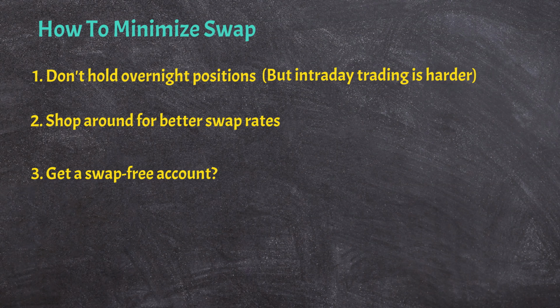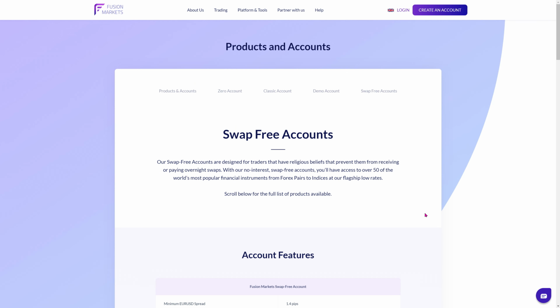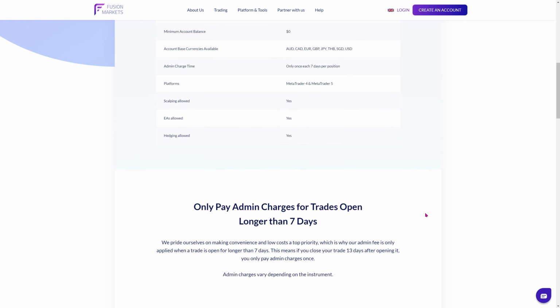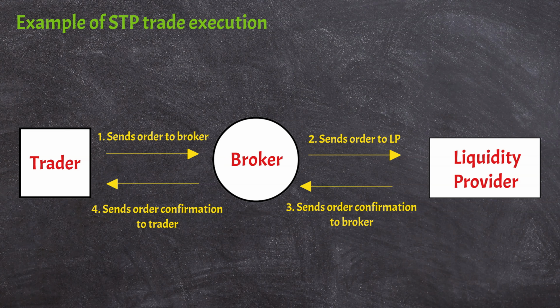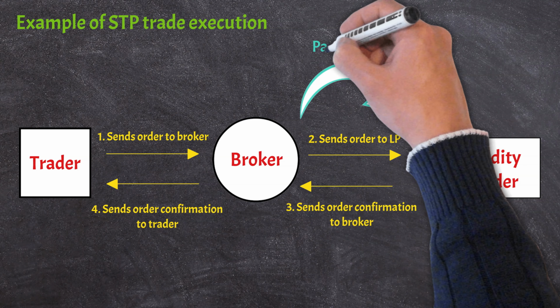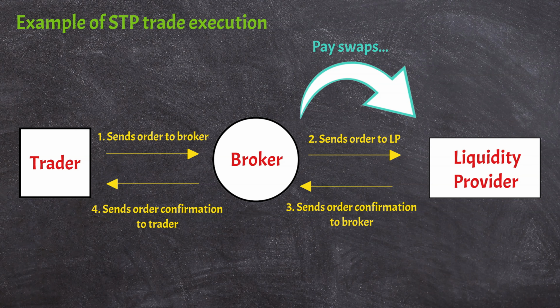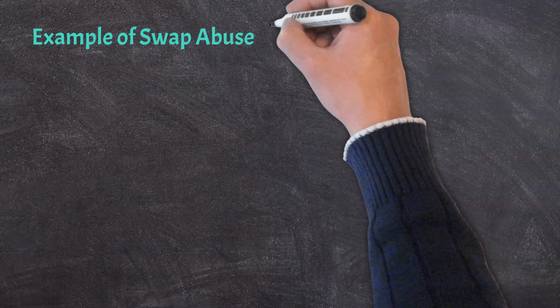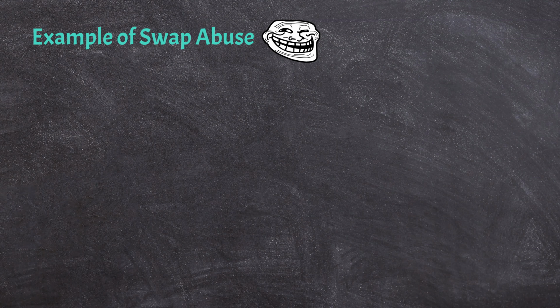Some brokers offer Islamic or swap-free accounts, meaning you will not pay or receive swaps. In return, you will likely incur administrative fees or higher spreads. In any case, your broker will have to pay swap fees to their liquidity providers, even if you use a swap-free account. Rest assured the money will come from you, one way or another. If trading conditions appear too good to be true, be wary of hidden transaction costs like spread spikes and poor fills. On a related note, swap abuse has become quite popular.